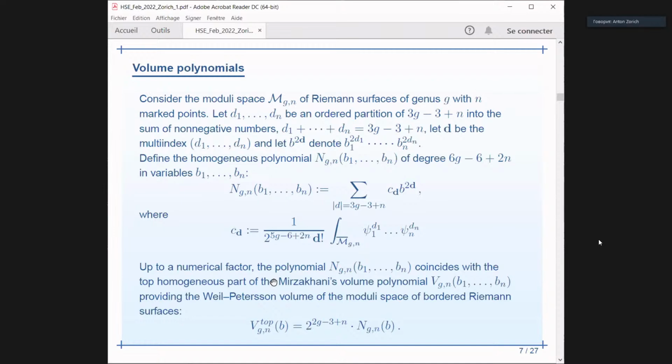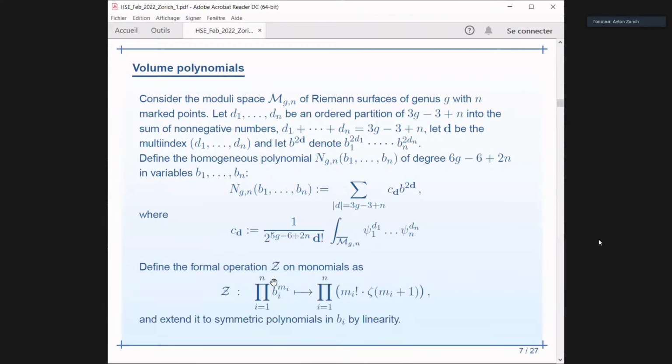You get a moduli space, and Mirzakhani proved that the Weil-Petersson volume of this moduli space, which is a generalization of the usual moduli space of hyperbolic surfaces, is exactly this polynomial with coefficients which depend on intersection numbers. So it has this hidden geometric meaning. I will need these polynomials for another story. But before I pass to this other story, let me tell you slightly in advance how I will come back to